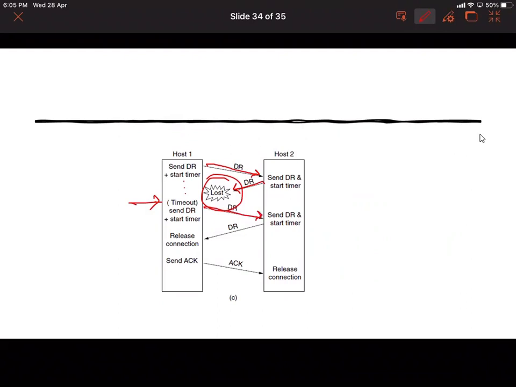All right. Again, say this one reaches host 2. So again, it will start a timer, and then it will send its own disconnection request. It reaches host 1 successfully. So host 1 will release the connection and send the acknowledgement. The acknowledgement is received by host 2, and the connection is released.